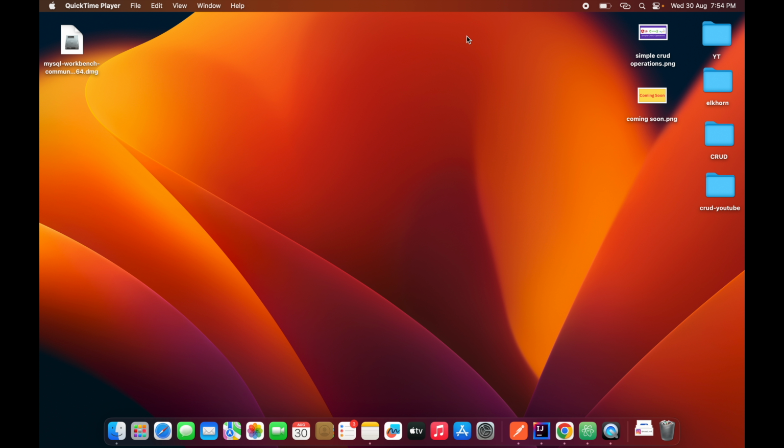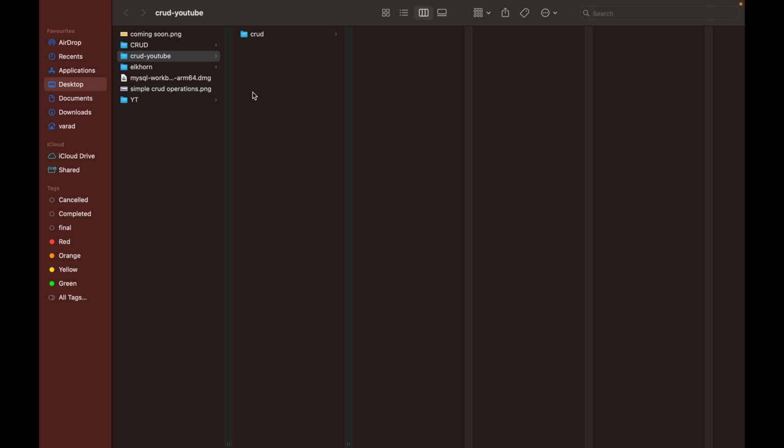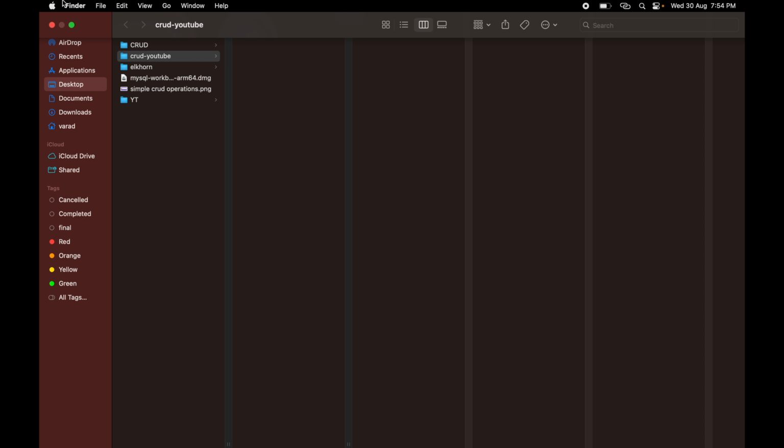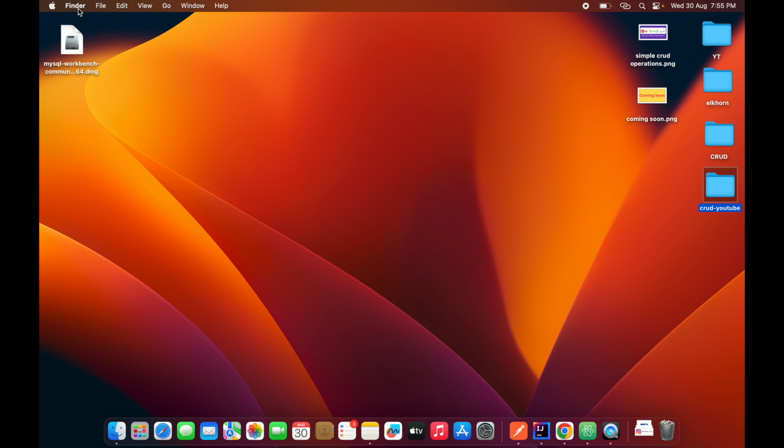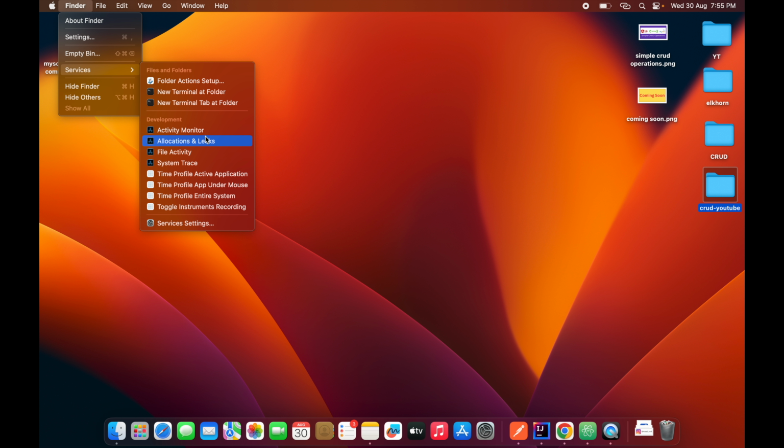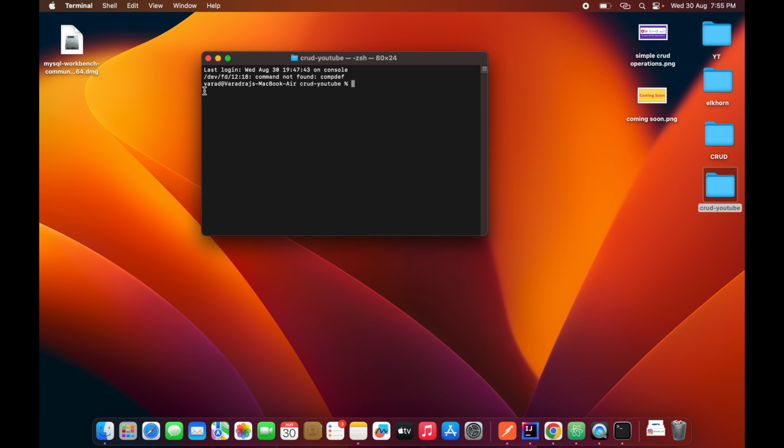So first of all, you have to make sure you are connected to the internet. Then the next thing that we have to do is go to the folder wherever you want to create the new project. So let me go to the folder, and over here I want to create a new project. At this location I want to open a new terminal. If you're using a Mac, you can use terminal, or else if you're using Windows, then you have to use command prompt. So let me open a terminal,